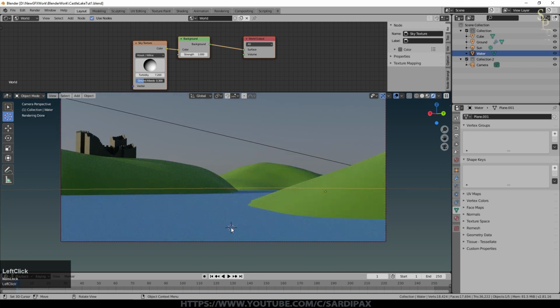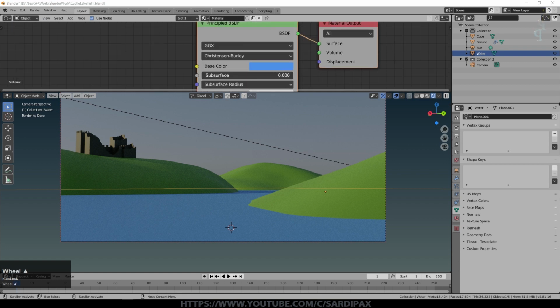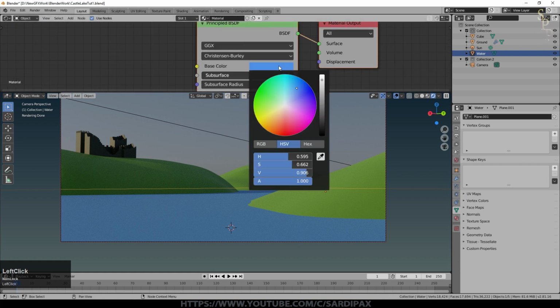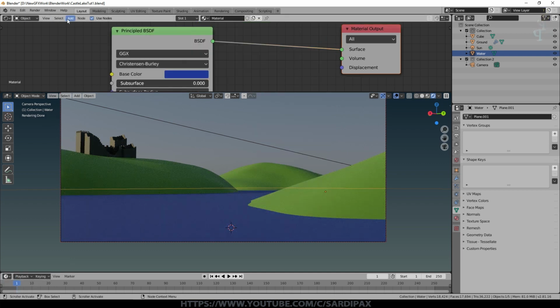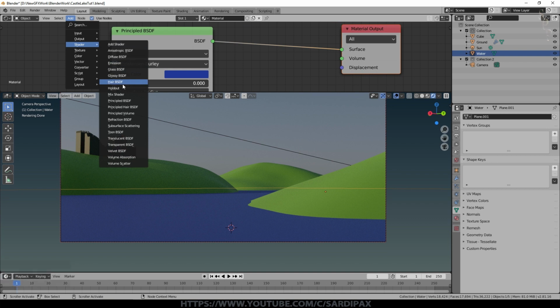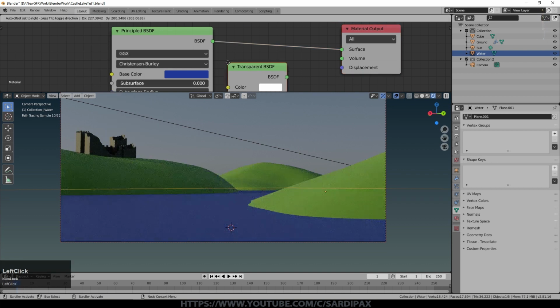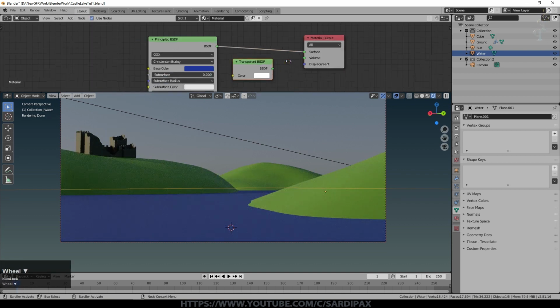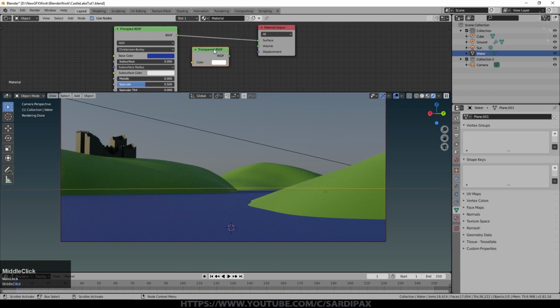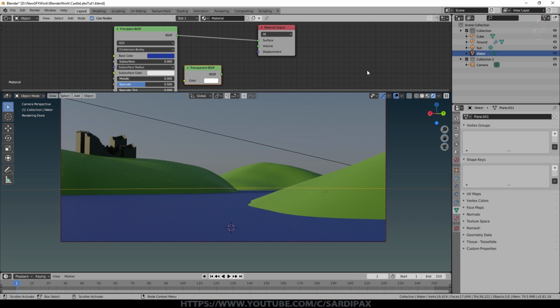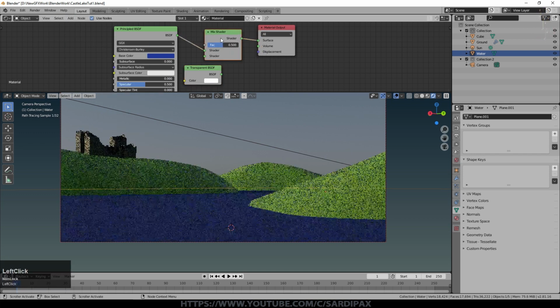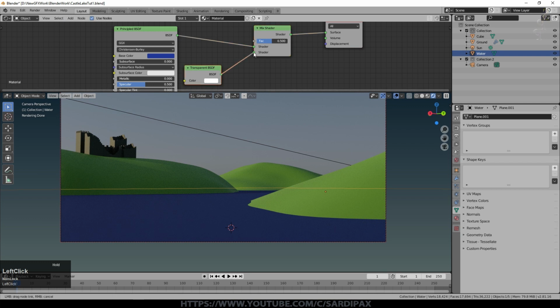So let's have a look at the water. So we'll come up to here to Object, and I'm going to start off by giving it a base colour, which is just a sort of dark blue, something like that. I'm then going to add another shader, which is a transparent shader. Now in theory you don't need that with the principled shader, but I've yet to have completely satisfactory results using the transmission options within the principled shader. I'm going to add a mix shader, drop that there, and put that into the other side.